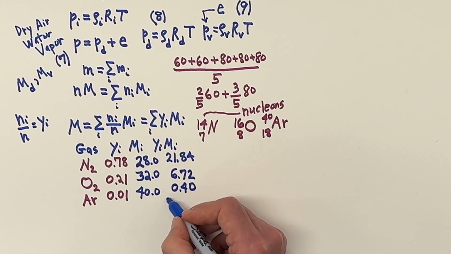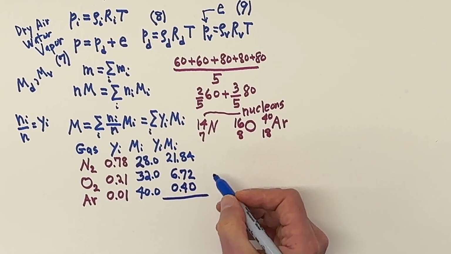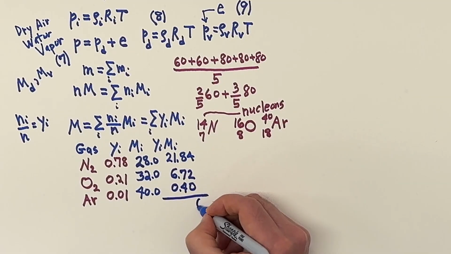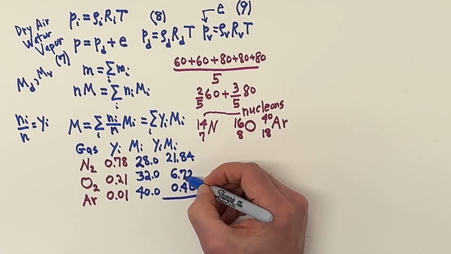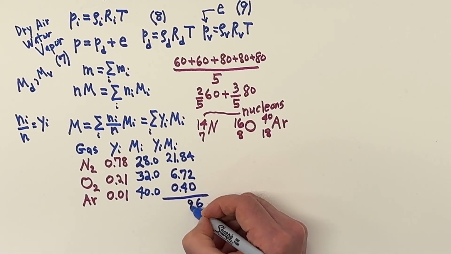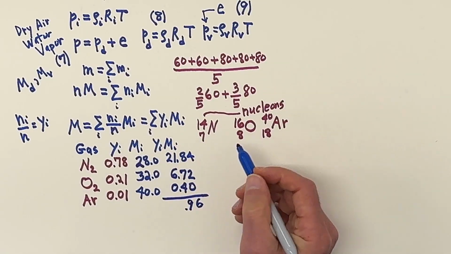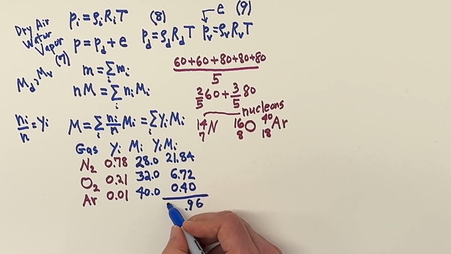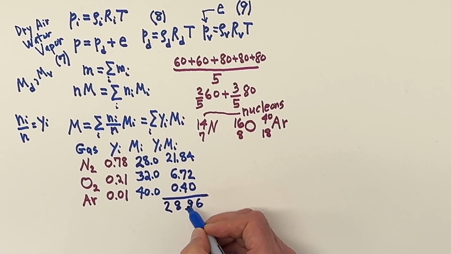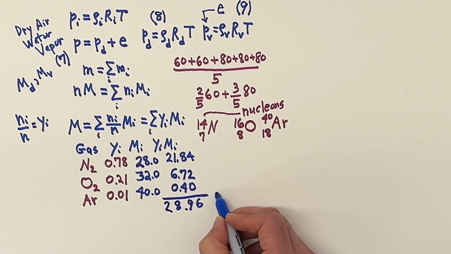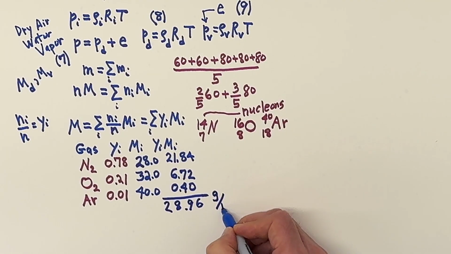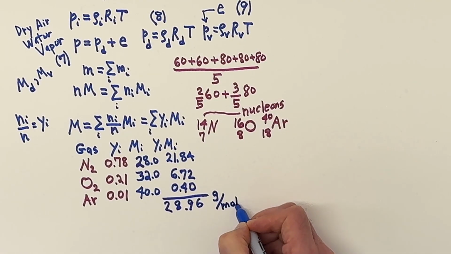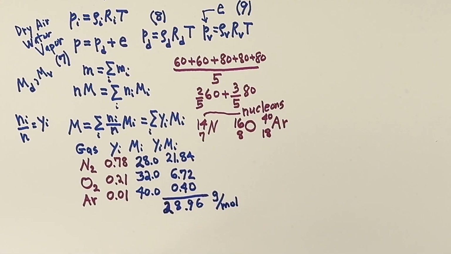So now we need to add these up. And if we add these up, we'll get over here a 6. And here we'll have 11, and 8 is a 9. Carrying 1, and that's 22, and 6 is a 28. And to emphasize what we have here, this is grams per mole. So that's the molar mass. Okay, what about